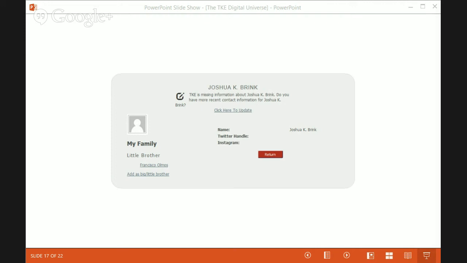One other thing I think that's really interesting here is that in Joshua Brink's example, we show that we're missing contact information for him. And this is, I think, one of the most exciting features, and we're very excited about all of the new interactions we have gotten from it. And so that's our Lost Brother feature.